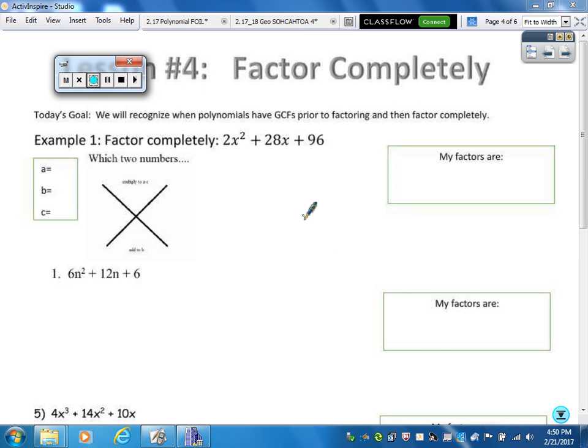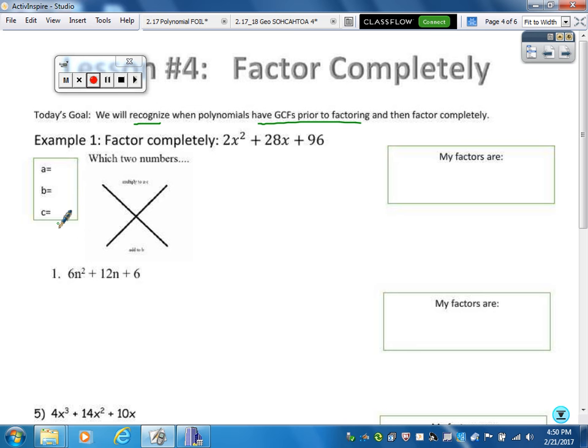Let's talk about factoring completely today. So we need to start recognizing when polynomials have GCFs prior to factoring. Factoring is the factor by grouping stuff we've been doing. We're going to use the ABC and this X to help us organize. But what we need to start doing is noticing right away when there's something there that we could pull out